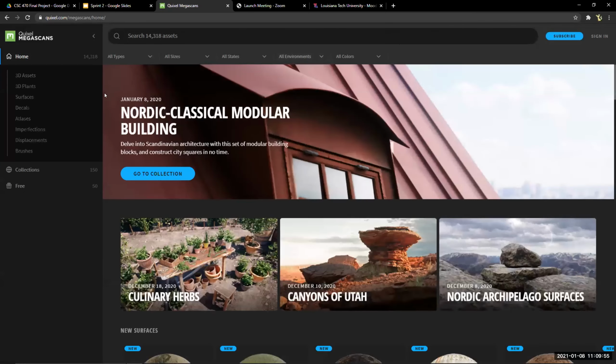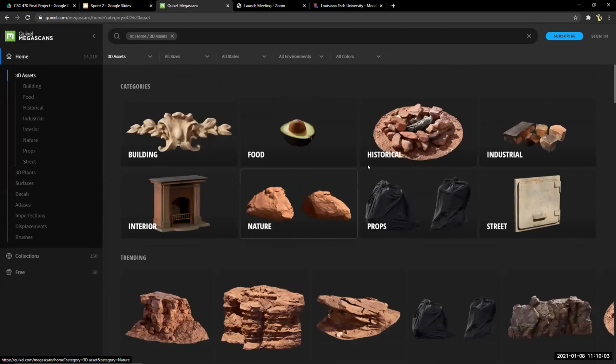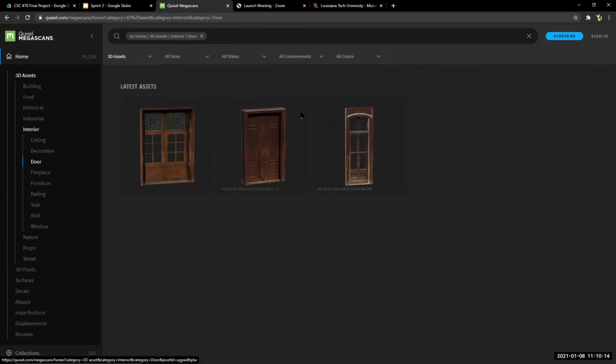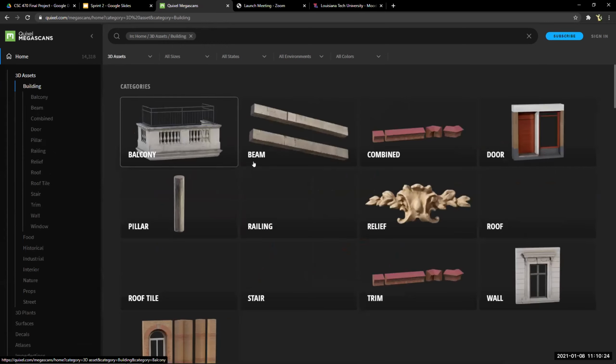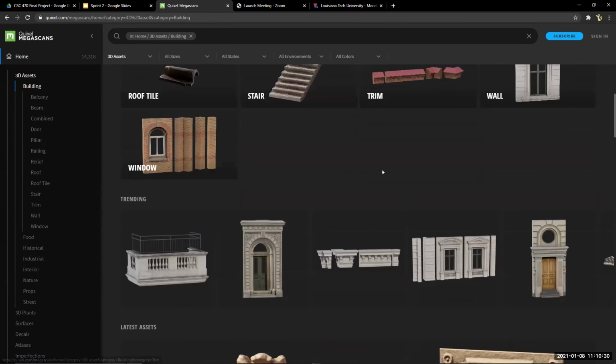So from here, you can actually go and browse different categories of the assets. For example, they have different things like buildings, food, natural structures, and random props or interior design. So for example, maybe we might decide to pull a door asset, or we might use something for a ceiling, or some kind of lighting fixture. Just little examples, but this is the site that we've mostly been looking at so far for assets to use. But anyway, now to the actual